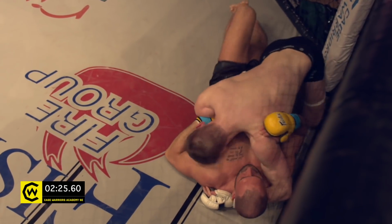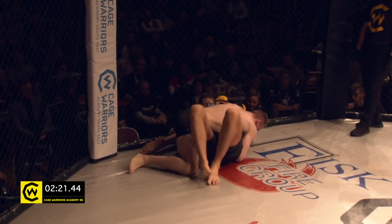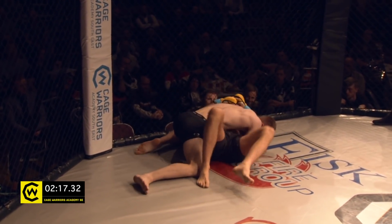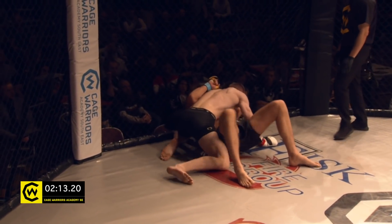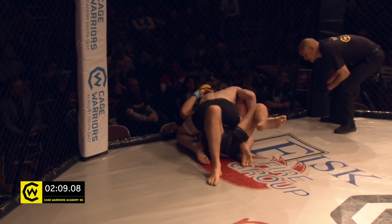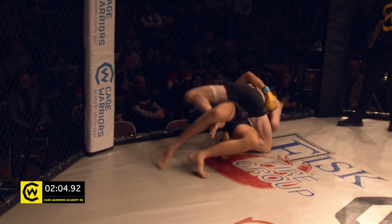Yeah, but what he's trying to work into, if you look, he was trying to go for that shoulder choke. Problem is the cage was in the way. So as he walked towards it, he realized, oh crap, he's got my head. I could do that. Oh no, I can't. I can't circle out. Right. Real nice step over there from side control right into full mount. And again,